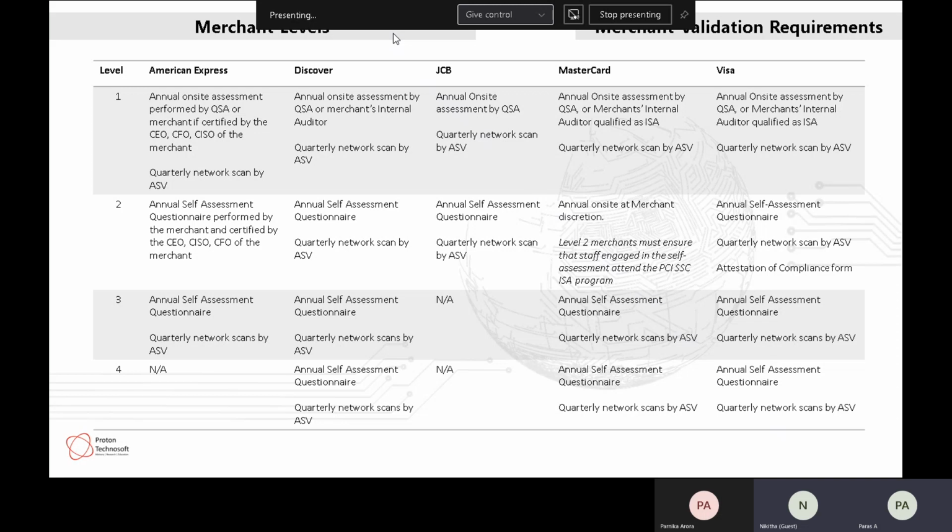Once the company is QSA certified, the company says these are the 1, 2, 3, 4, whatever number of people I intend to make auditors as well. So they will also become QSAs. There is no specified certificate for auditors. The company should get certified first, and then the individual will get certified. The individual will have to do a PCI QSA certification, and that QSA certification is worth 2.5 lakh rupees per person.